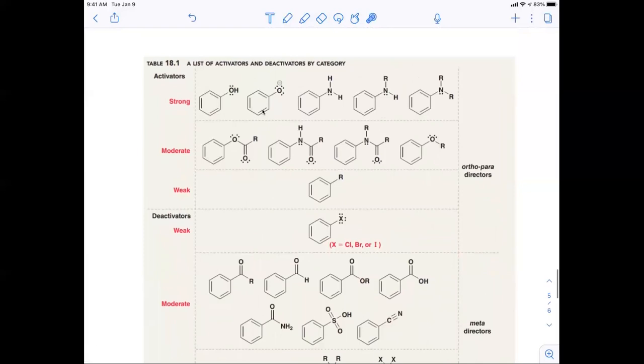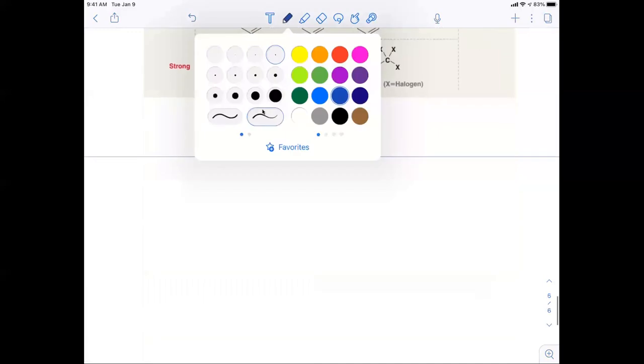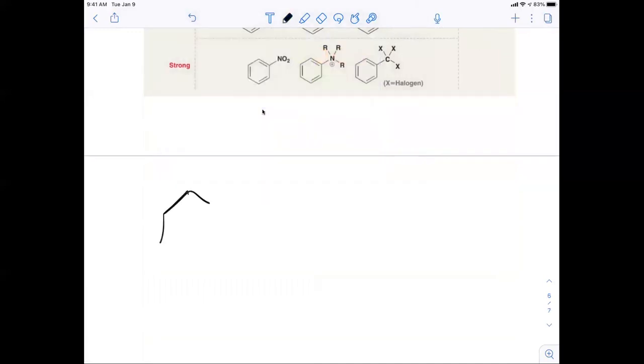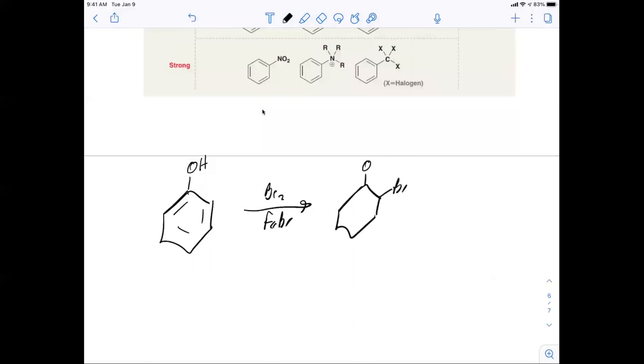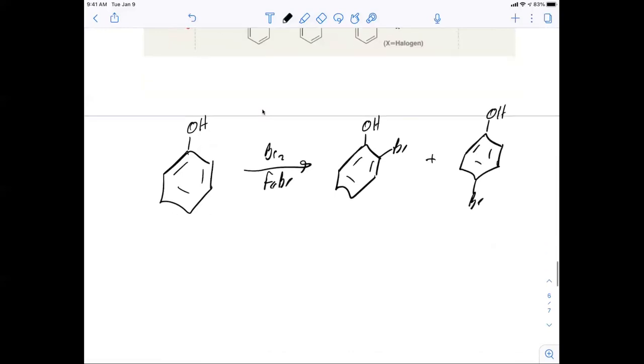All right, so let's start at the top and see what's happening with these. For these, I'm just going to use the bromine. So it's going to favor ortho and para. What I'd expect for my products are these two, right? The explanation for that is that if I show